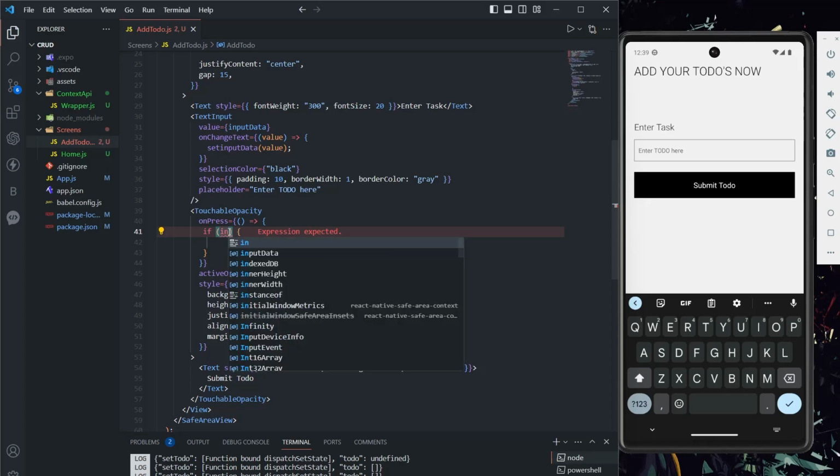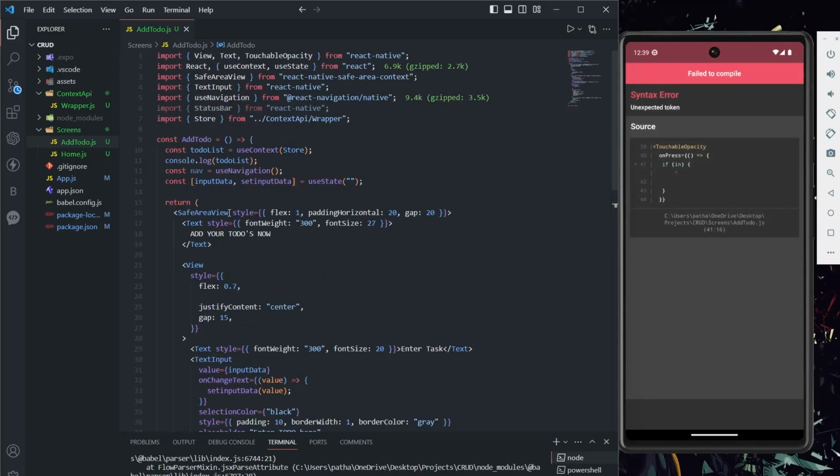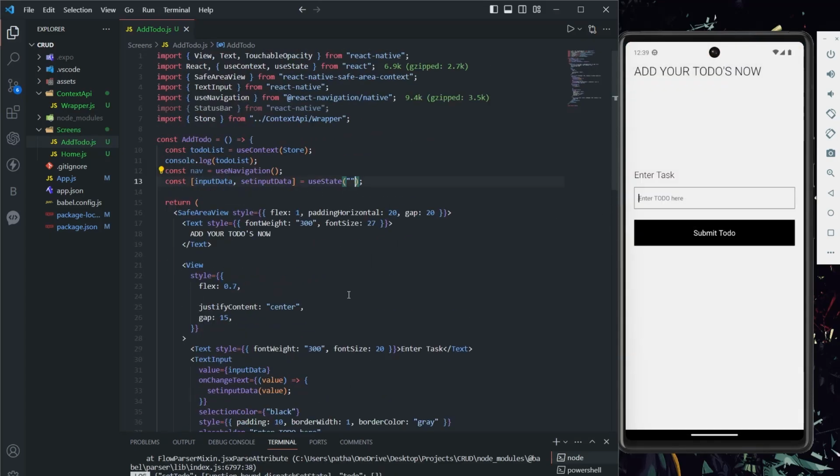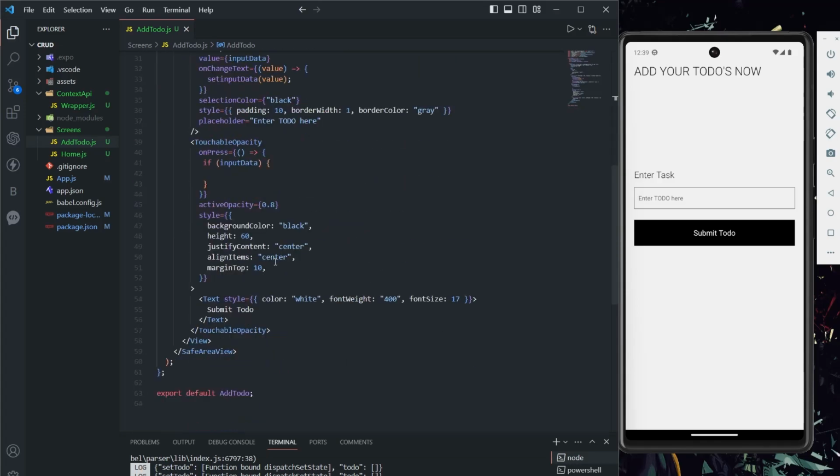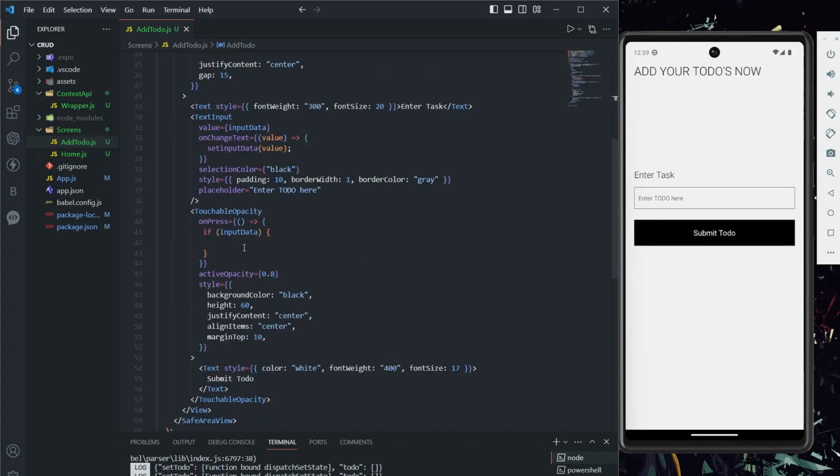If input data, in fact I'm going to remove this. If input data, that could be anything. It may not be null, it could be anything, like some two letters, something. If input data exists, that means it has a value. Then what I'm going to do,